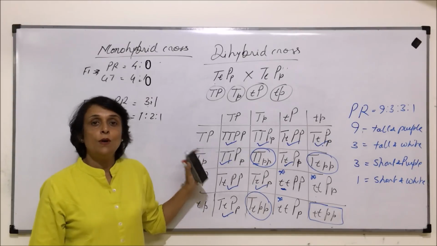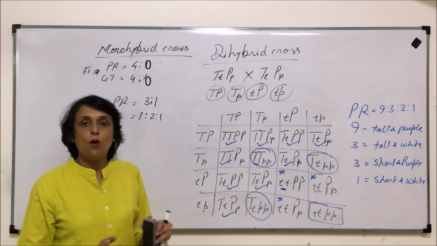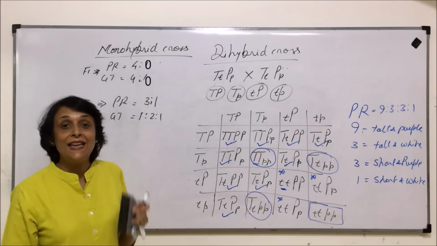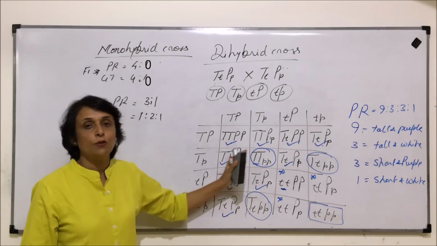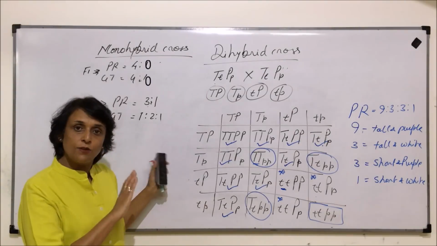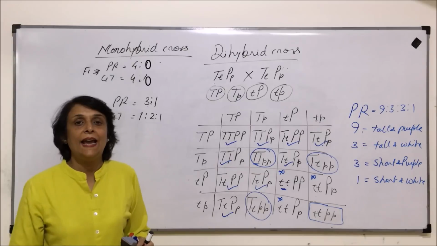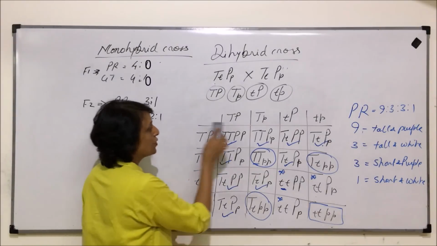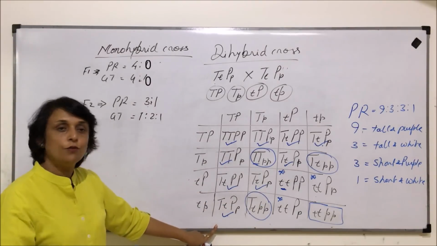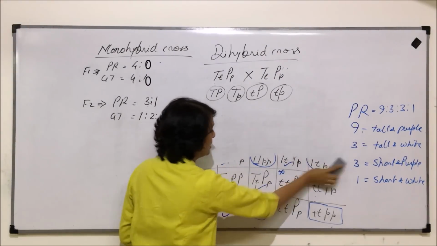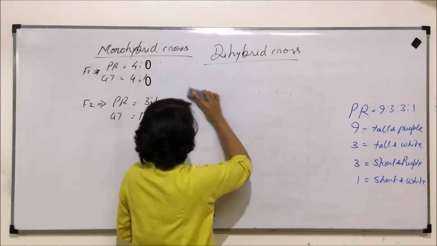Before that, we want to understand how to plot the crosses in a normal orthodox method, so that in case we forget the formula, then also we should be able to reach that answer. And that is why we are taking the orthodox method first, so that we understand the concept, and then at the end I'll give you the formula. So I'm leaving this genotype because it is going to take too much time. I'll give you a shortcut so that we can reach the genotype ratio quickly.